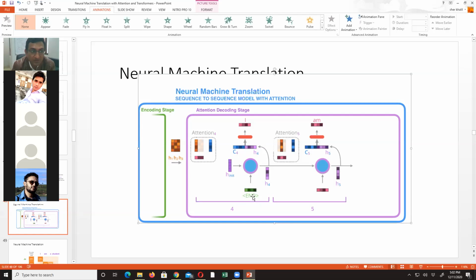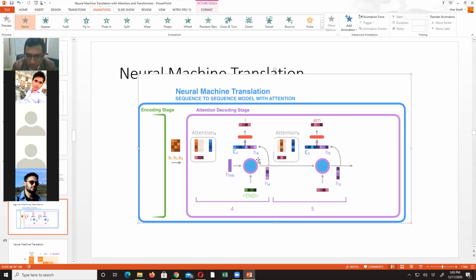So the end token actually shows that the input sequence has ended. The end token embedding, as well as the initial state, which is all zeros, are both sent to the RNN, and here we calculate hidden state 4, which is actually a mixture of the initial state and the end token. C4 is concatenated here, and when both are concatenated, they go through a feed forward neural network, maybe a one hidden layer dense neural network. Through this we will have a weight matrix, and it has to generate I, right?